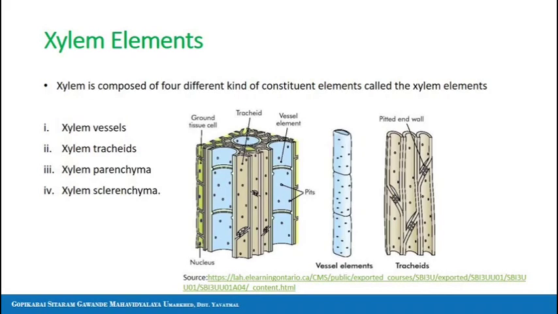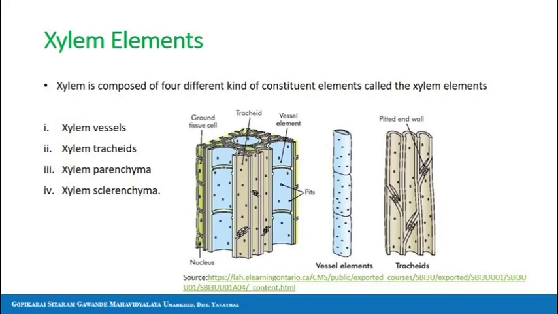The next element is the xylem tracheids. These tracheids are elongated tube-like thick-walled structures with tapering ends. They are present in the form of many vertical rows in the plant body. The cells are with wide lumen or cavity. They are dead cells with hard lignified cell walls and without protoplasmic content. They form a conducting strand of the plant body. They are very common in pteridophytes and gymnosperms, and they are also more abundant in secondary wood of dicot stem.